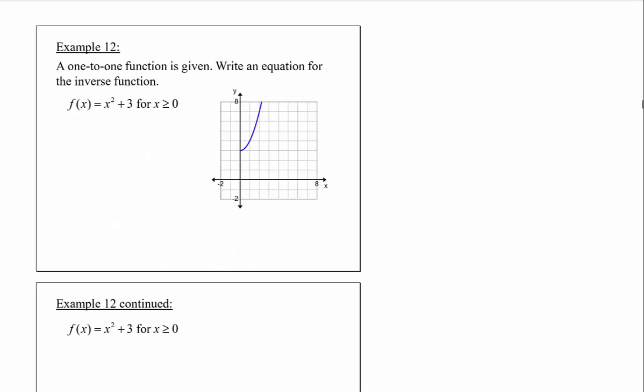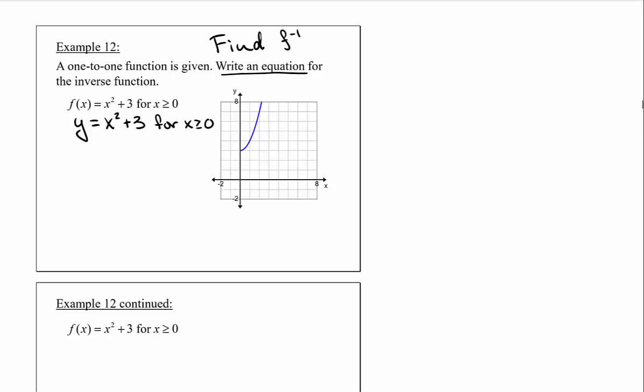Now here, when they say write an equation for the inverse function, that's the same thing as them asking us to find the inverse, find f's inverse. So remember, you want to start by making that y equals x squared plus 3. And it is important to notice that we do need x greater than or equal to 0, because if we